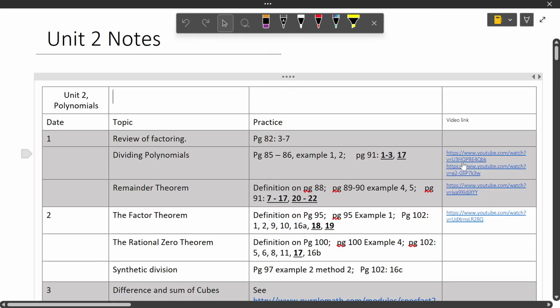Oh, looks like I got a couple of other videos that y'all could look at as well. The remainder theorem, polynomial divisions. Okay, check these ones out. Questions that involve the factor theorem are found here. These underlined questions are specifically